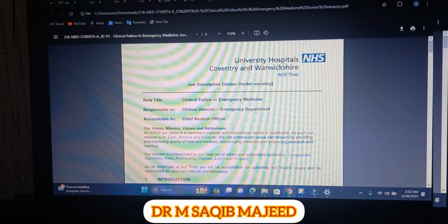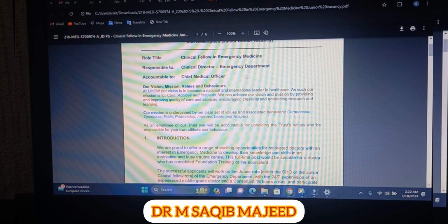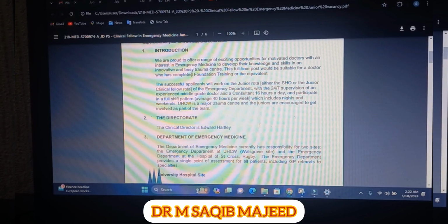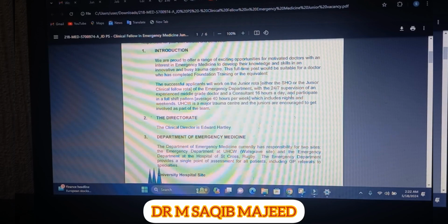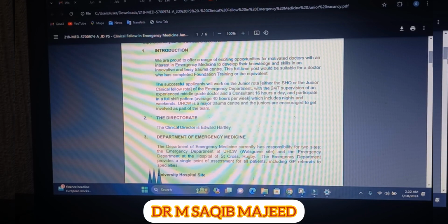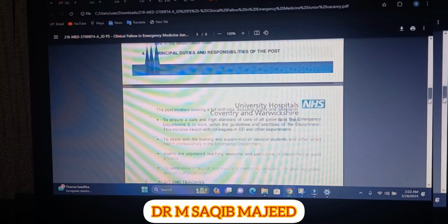You can see it's a Coventry Warwickshire Hospital job description, and they are demanding a clinical fellow in emergency medicine, and they have given a small introduction of the job which they require. It is basically a job description. In some applications they have given the heading of job description, in some they just indirectly tell you what they are demanding and where you will work. Second thing, we will see in the PDF